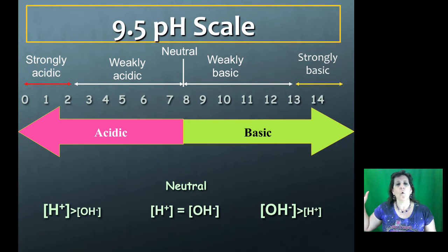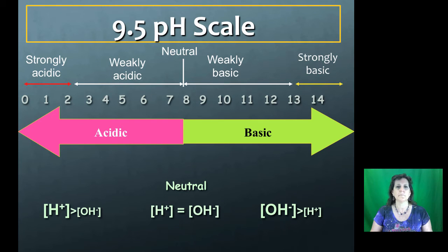Now, remember, what ion is in an acidic solution? What ion has to be in water that makes it an acid? You're correct if you said H+. So H+ is the dominant ion when we're acidic. There's more H+ than OH-. When we're neutral, the H+ and the OH- are actually equal, so in a way they cancel out,